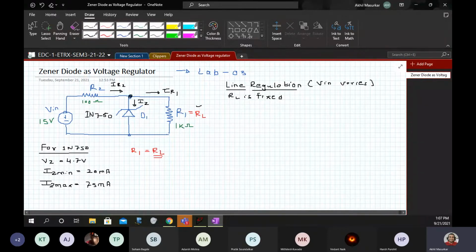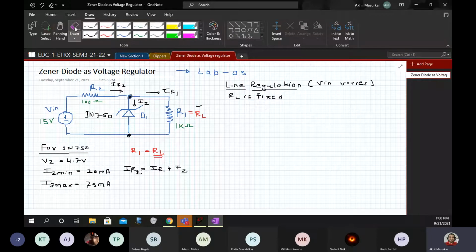This is a node in the circuit, and at this node the incoming current is IR2 and there are two outgoing currents, IR1 and IZ. So we can write IR2 is equal to IR1 plus IZ.